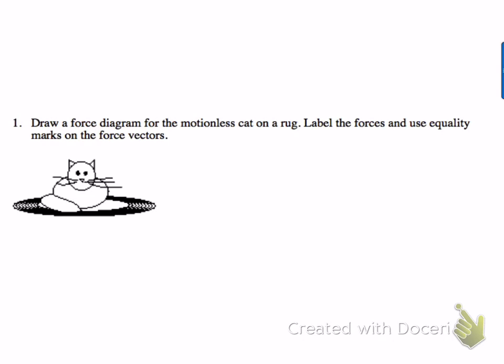So this is my system right here. We've got the cat sitting on a rug. We want to identify all of the forces that are acting on the cat as it sits on the rug. We don't care about anything else besides that. So to make life easier, I'm just going to draw a dot. And that little dot is going to represent the cat. And then I'm going to draw an axis. So we've got the X, the Y, and now I want to identify all of the forces that are acting